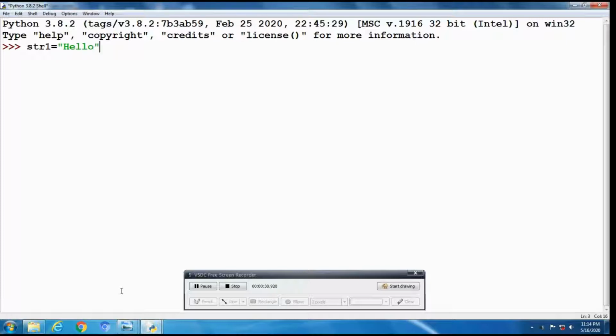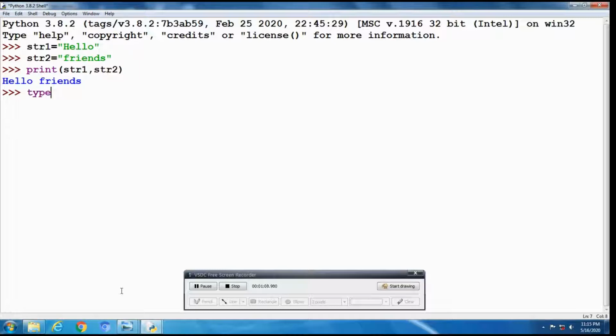For this we have to give the print statement. Then, in the brackets, both the strings are separated by a comma. Then we get the concatenated result. See here, hello, one string, and the second string, friends, together we are getting.